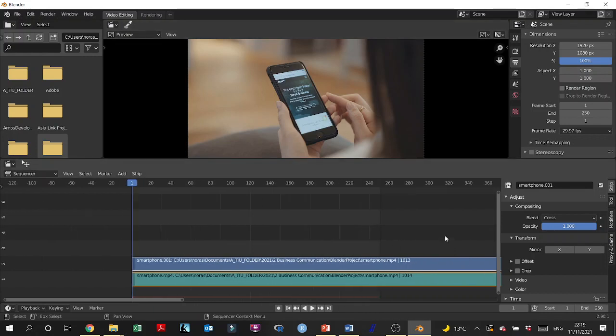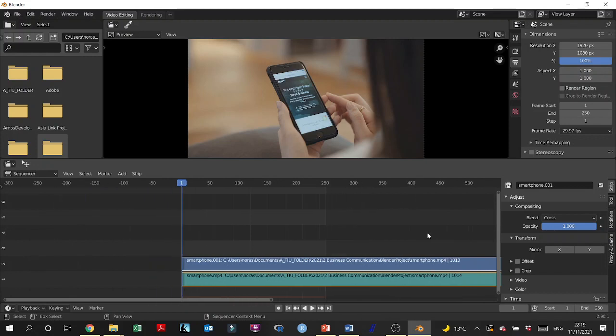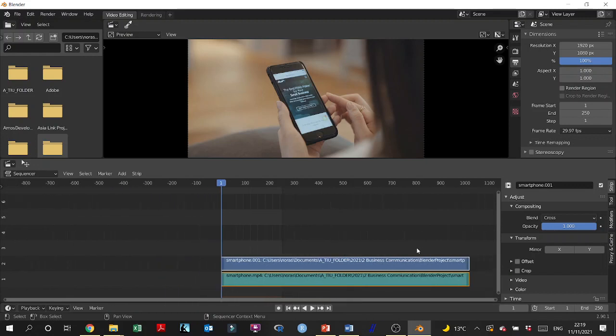I am using the wheel on my mouse to zoom in and out, as you can see, to show you how long the video strip is, and how small this area defined for